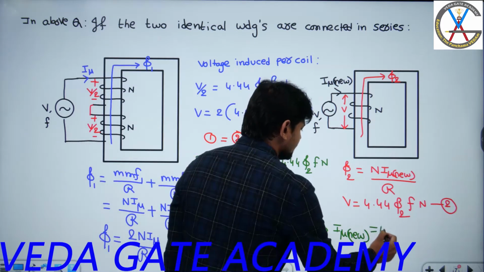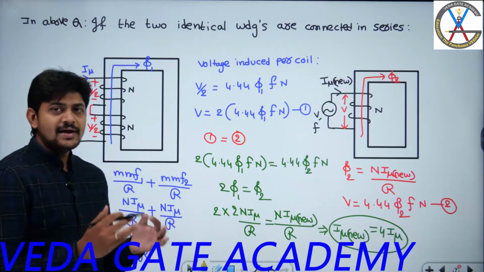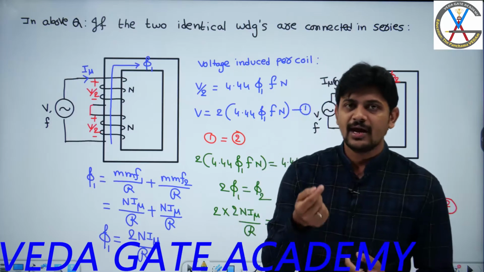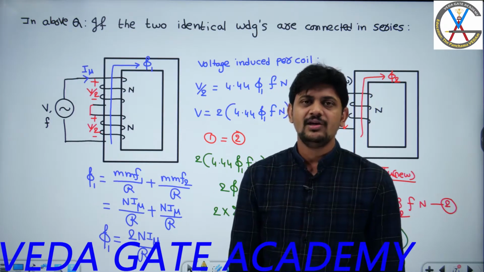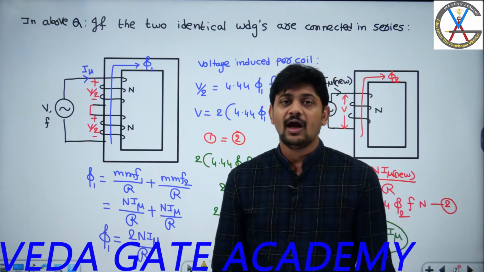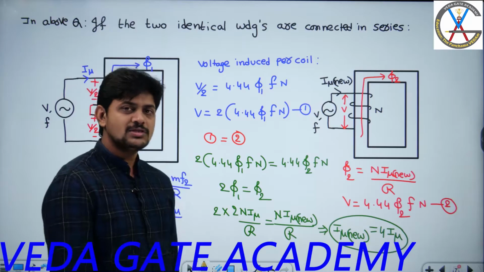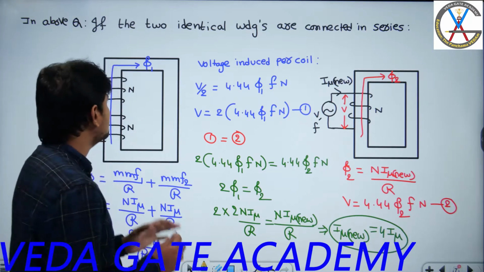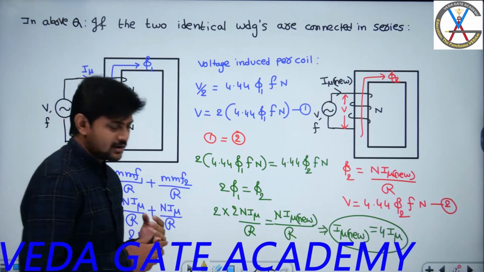4 times the original value. Okay, that means if two identical windings are initially connected in series, and I am getting some 2 amperes of magnetizing current, then if I remove one identical winding, I require 8 amperes of magnetizing current. That means 4 times the original value in order to produce the same voltages, right? So this is the brief idea about how to do the analysis of a given magnetic circuit.